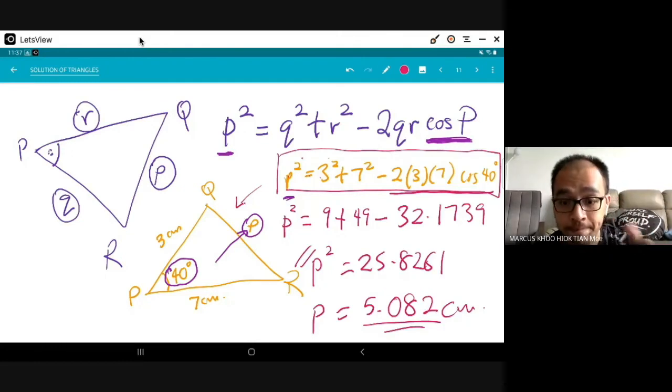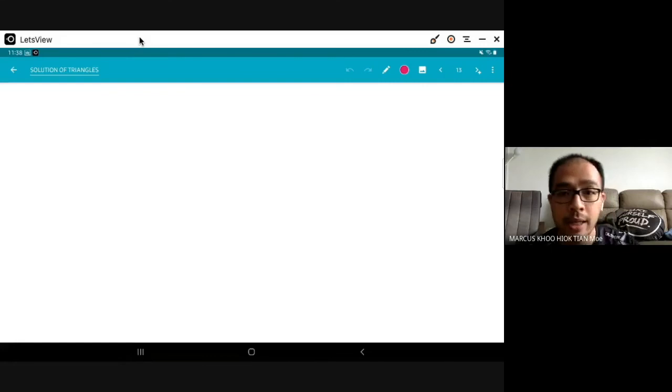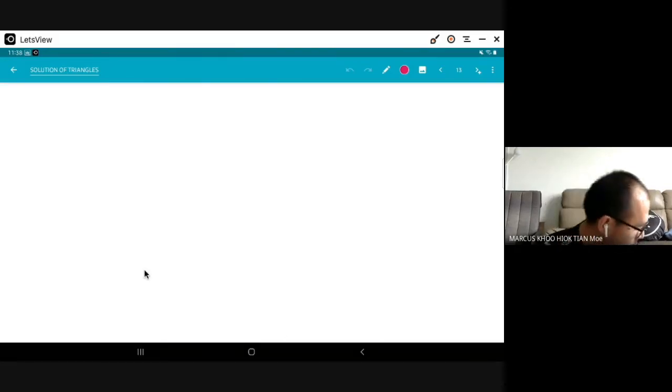So what I want you to do is the handout that I gave to you in your group. I want you to finish doing the handout. How many pages is it? Hold on. It's 4 pages altogether. Task number 1 is all about finding the side, and task number 2 is all about finding the angle. Please do that, and once you're done with that, I want you to do